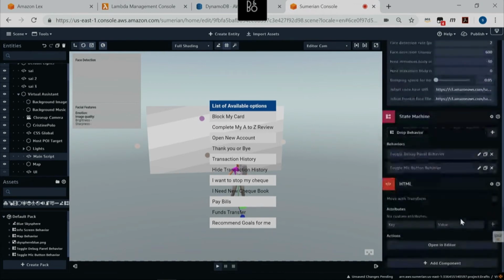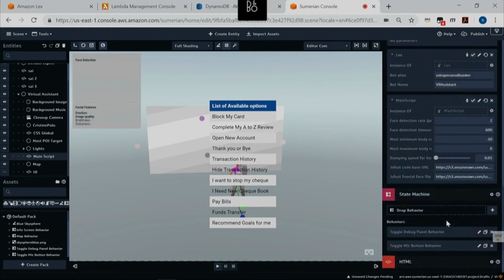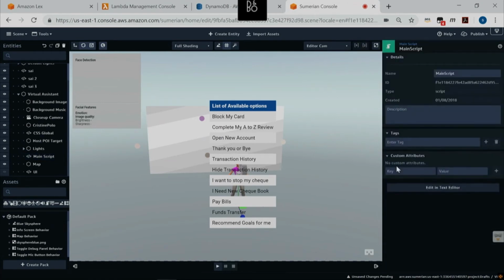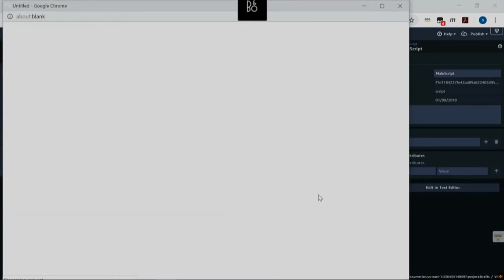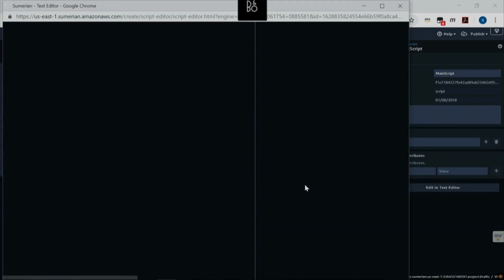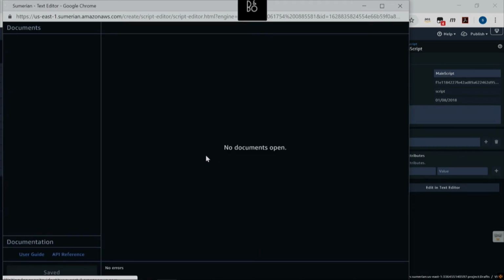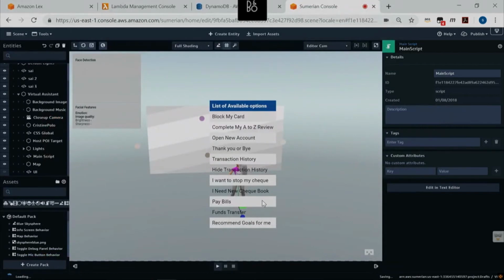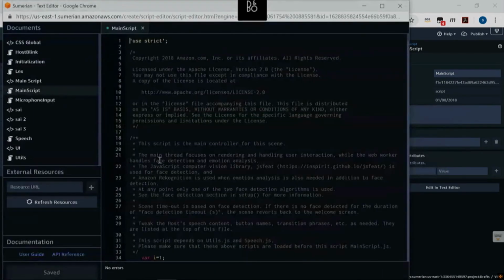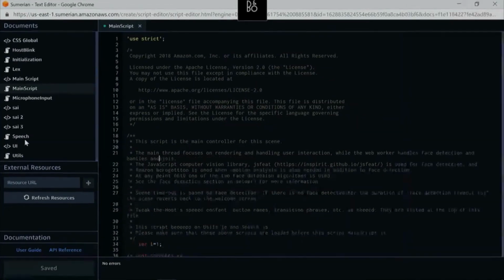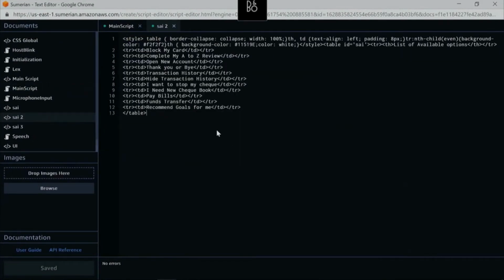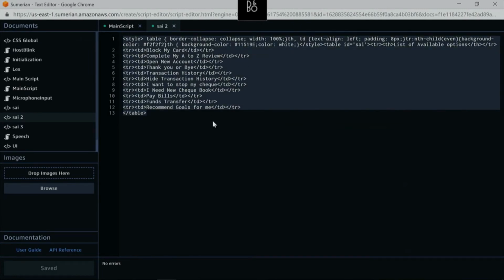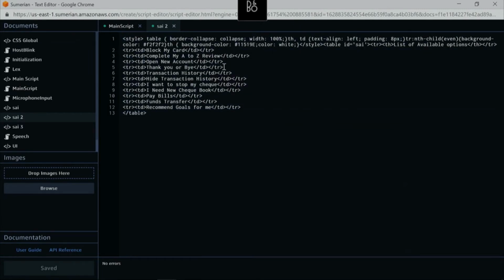So let me go into the code. The entry point for this code is this. I do want to ask you, Sarah, your list of available options. Is that HTML? Yeah, that's HTML. Okay, so those aren't textures or quads or anything. That's just HTML. You can see these are the HTML. I can show you when we get into the code. So yeah, this is the HTML. There it is. Okay, cool. So these are the options.